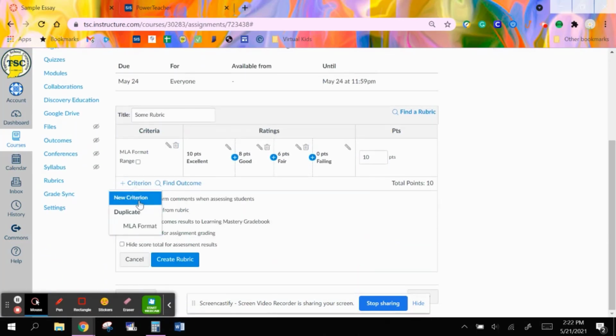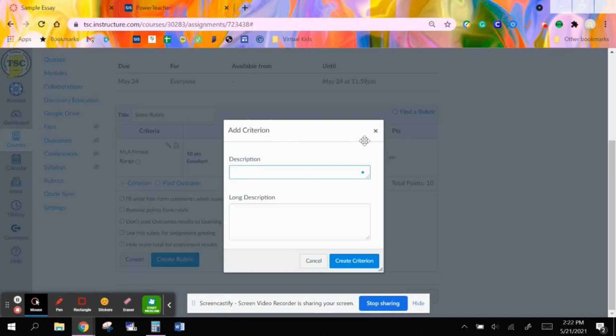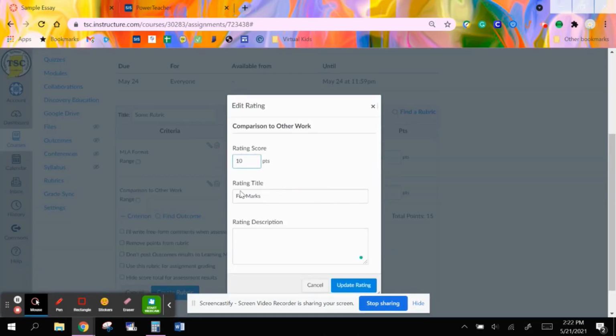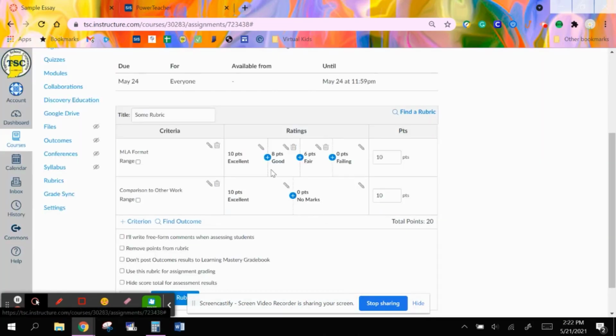So maybe I want this one to be comparison to other work. Create, and then I would have my 10 points would be excellent, update, and so forth. And you could keep adding until you have all of your criterion here, all of your ratings here,